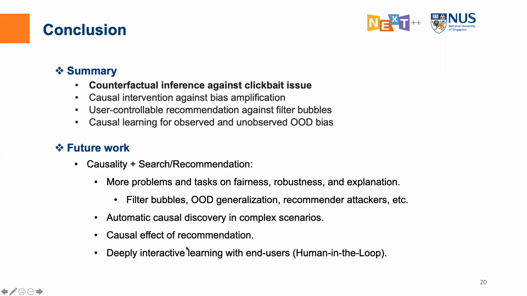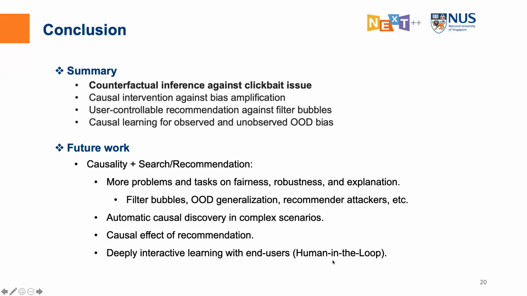Another one is the causal effect of recommendation. We also consider this direction because we have found that the exposed items actually have some influence on the user preference. Maybe if the recommender model exposes many items to the user, the user will gradually like it or hate it. So this kind of effect can be studied in future work. We have started some work about political news because it's a serious problem, right? Maybe the platform has a higher influence. Yes, we are currently doing some work in this direction.